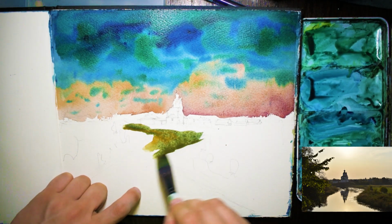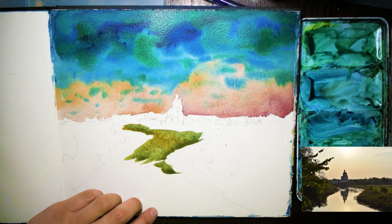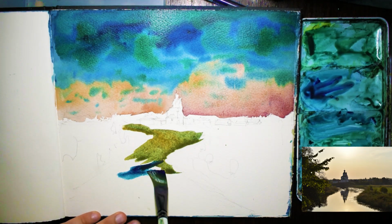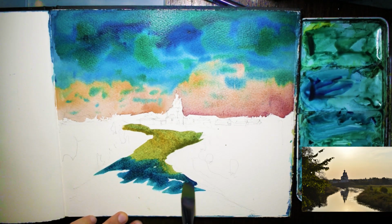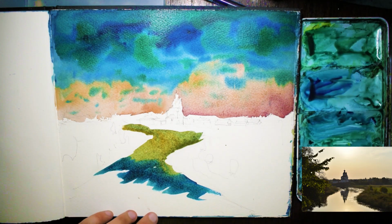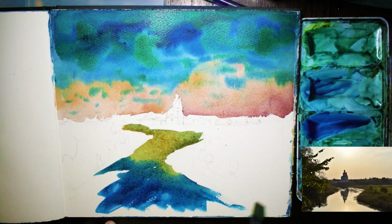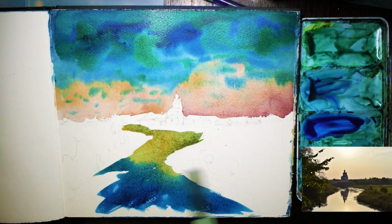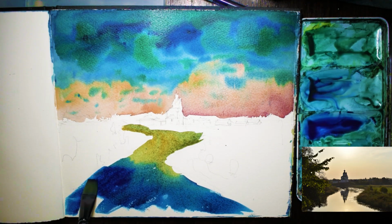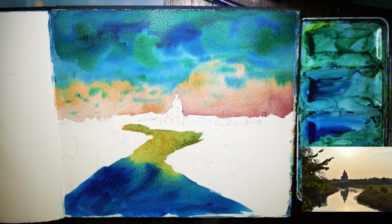like that. Okay, and as we get closer to the bottom, this is where we want to add in our blues. So just mixed up a bit of cerulean blue and get that to blend like that. A bit of cobalt blue at the bottom here to finish it off. Working fairly quickly as well. Get some more in here at the bottom, just get that completely